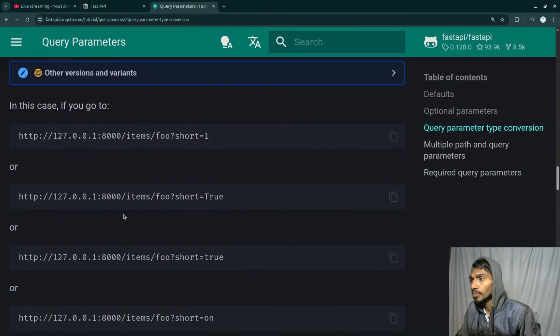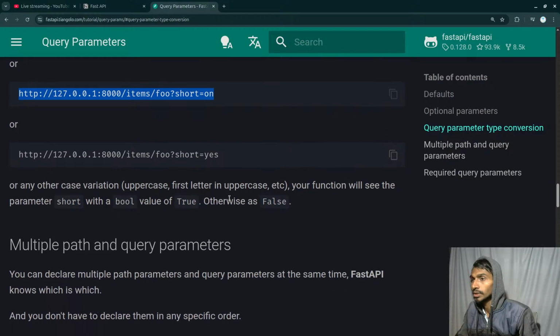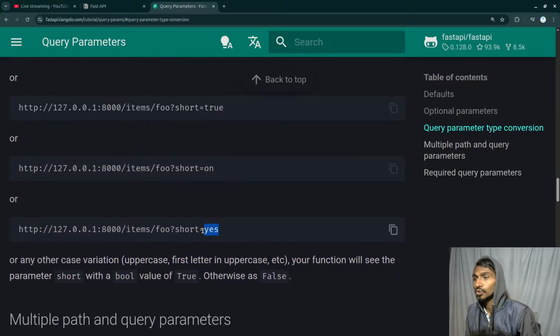Let's continue from here on, and in this case, if you go to short 1 or short 2 or short on or short yes, or any case variation, uppercase first letter, etc., your function will see the parameter short with a bool value of true, otherwise as false. So if those values, there's any value,